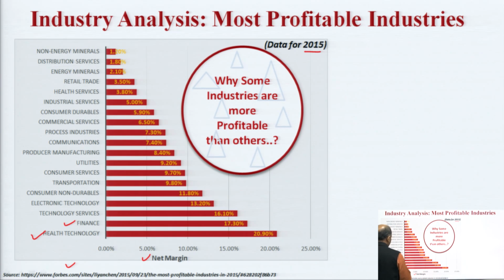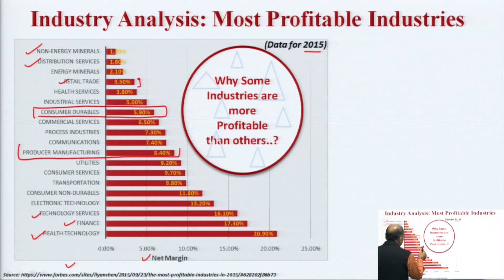Then comes finance, technology services, and on the lesser side we can see non-energy minerals, distribution services, and retail trade at just 3.5%, then health services, industrial services, consumer durables. The companies in this industry, as per the data of 2015, are able to generate a net margin of nearly 6%. And look at the companies in manufacturing, producers in manufacturing, approximately 8.5%. So, this